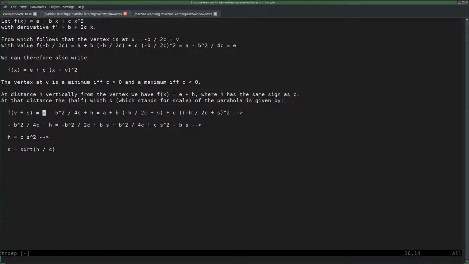So, and that is equal to, well, by definition, S is basically defined by this. So at S,